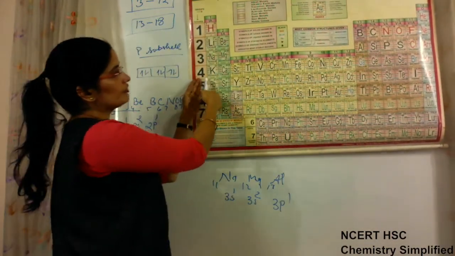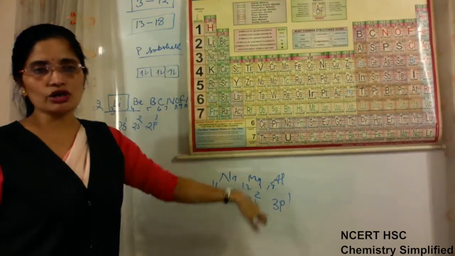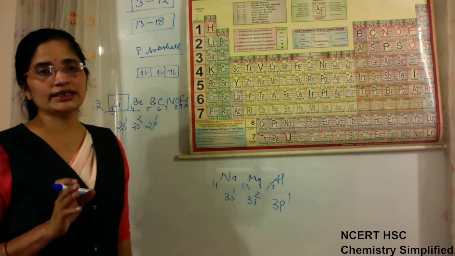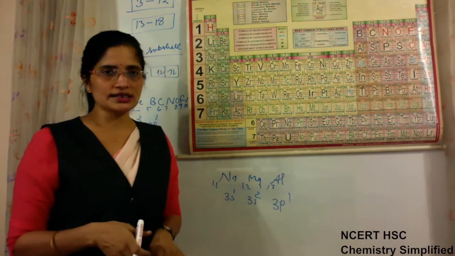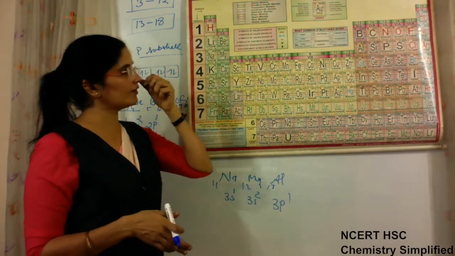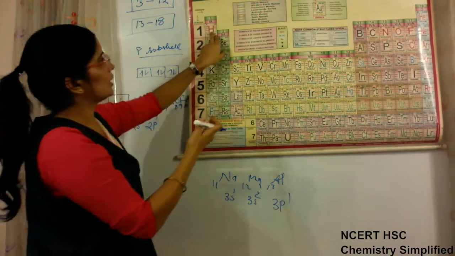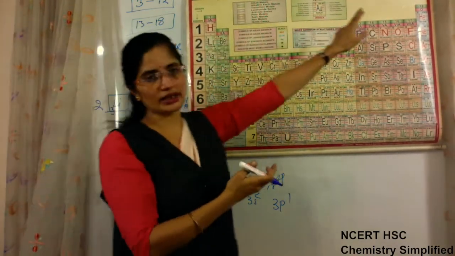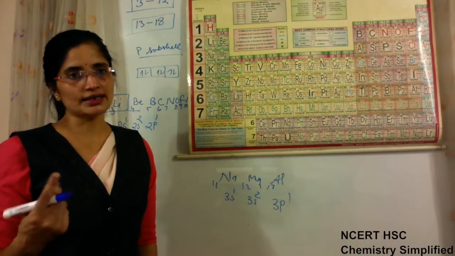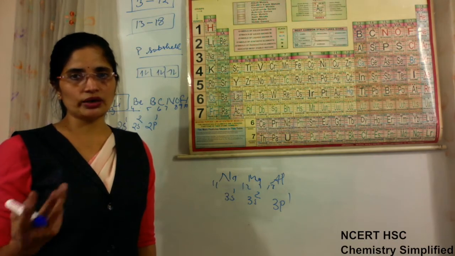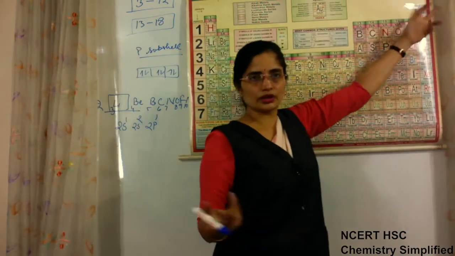Now from the 4th period onwards we will have more elements in between because of the existence of the 3d subshell. This is how the periodic table is designed. So once you understand how they are placed and why there are only 2 elements in the first period, hydrogen and helium. Why? Because the first shell has only one subshell, that is s, and it can accommodate only how many electrons? 2. So 1s1, 1s2, 2 elements only.